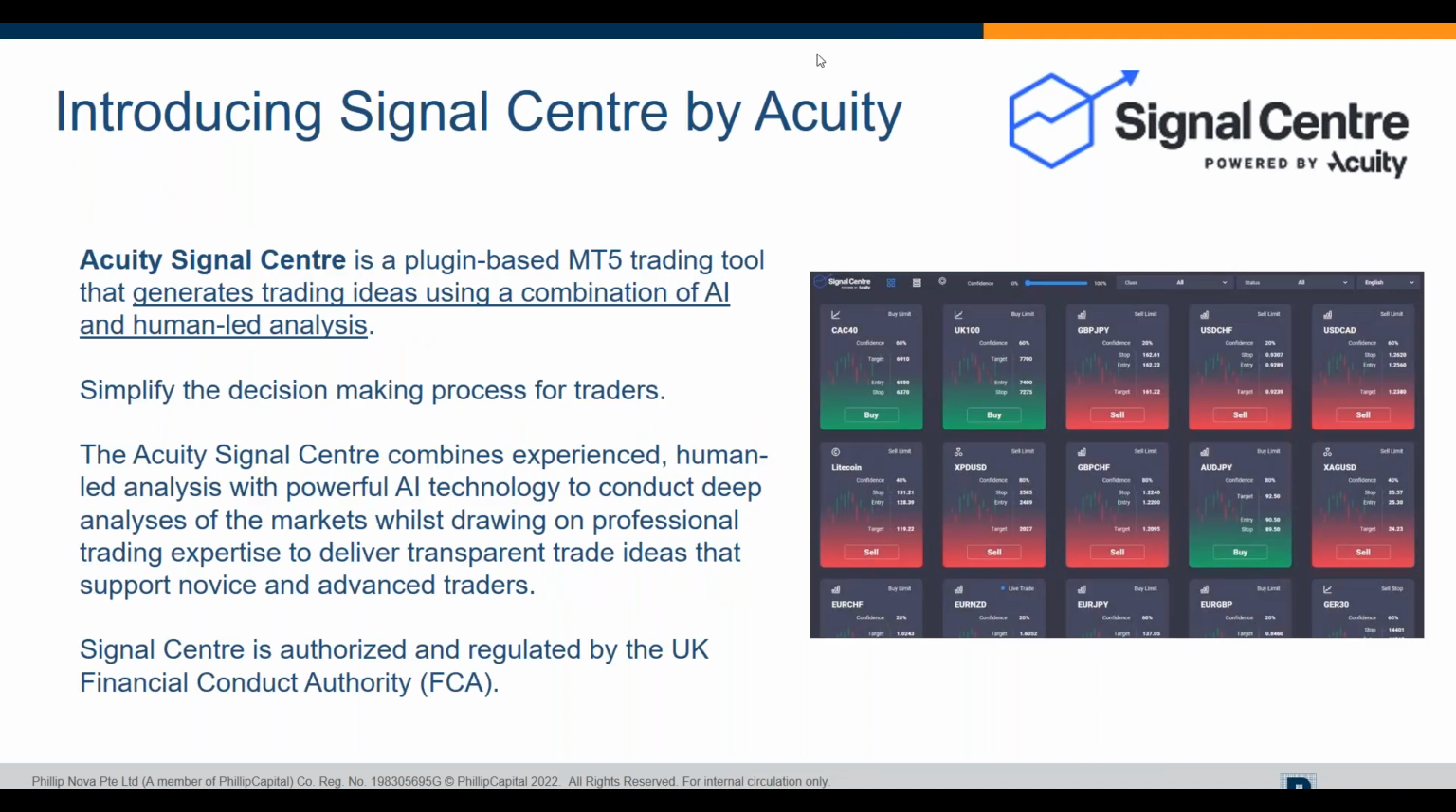Okay, so introducing Signal Center by Acuity. We're actually really excited to announce the launch of this on our platform. Acuity Signal Center is essentially a plugin based MT5 trading tool that generates trading ideas using a combination of AI and human-led analysis. So what this does is it basically simplifies your decision-making process when you want to place